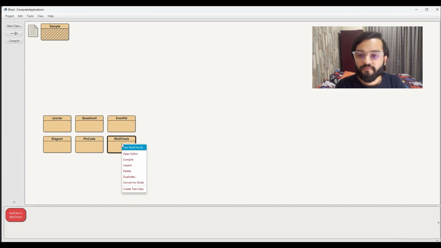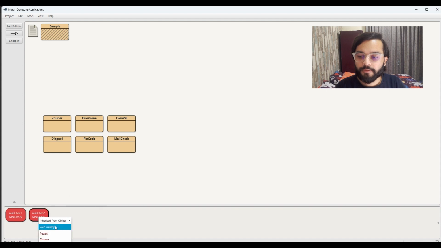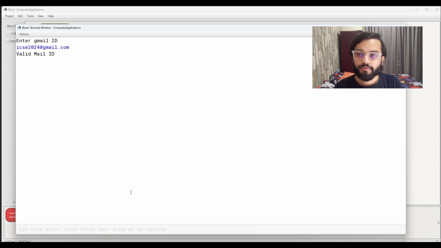Now let's enter a valid mail ID. I'll take the example given in the question, ICSE2024@gmail.com. So you can see that this is a valid mail ID.